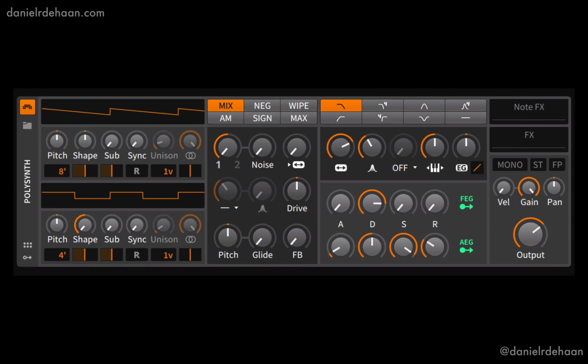So the device is laid out into 5 major sections. We have the 2 oscillators, the mixer section plus pitch bend and glide, the filter section, and the envelope section, and then last but not least, our global section where we have things like the volume, the velocity sensitivity, the panning, and then slots to add in MIDI effects, or as Bitwig calls it, note effects, or audio effects specifically